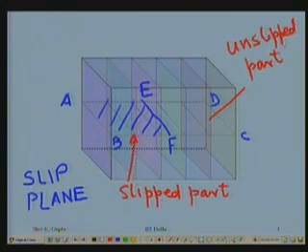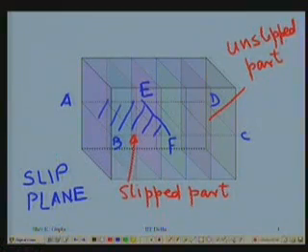Because this is the way I showed it, you cannot create a dislocation. It comes about in some other way. Those things we'll see later. But these are relative terms, whether this part of the crystal has slipped with respect to that or this has slipped with respect to that. So the whole plane, the slip plane, has two parts. One is a slipped part, the other is an unslipped part. And this line EF is a boundary between the slipped part and the unslipped part.